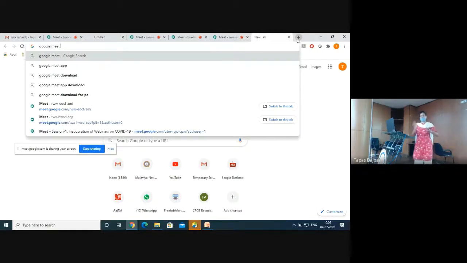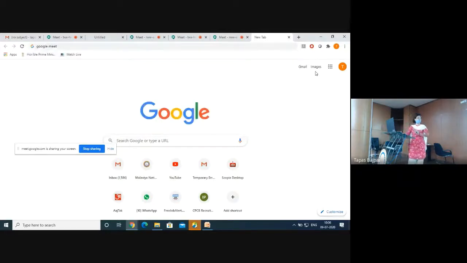There we can see the participants' names and when they joined the meeting. But it will show only the first time. If some participant is frequently joining and leaving the meeting, it will not count that. Whenever, at a particular time, I am taking the attendance record, it will show how many participants are in the meeting at that time only. So that is a drawback of this, but for that we have to add the Chrome extension.